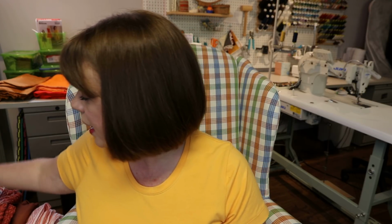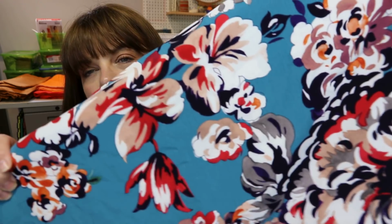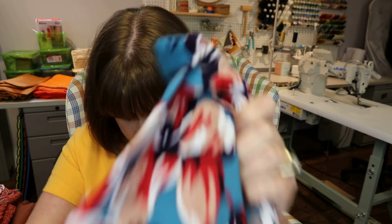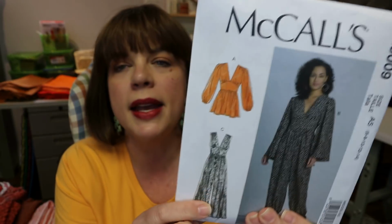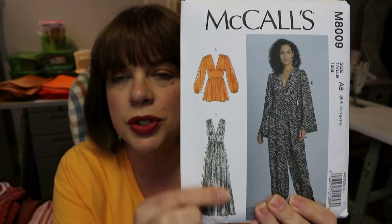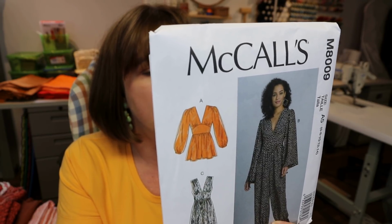Okay, next up is this rayon challis. So this is your typical rayon challis with this gorgeous large scale print, these flowers. I love all the colors in this. Again, I've got 3 yards and I want to do this pattern, M8009. At first I was gonna do this version, View C,